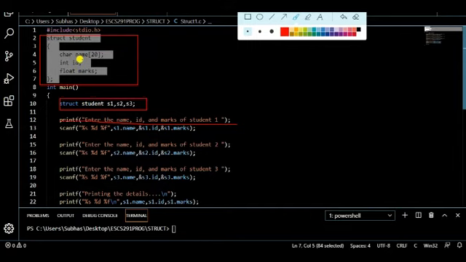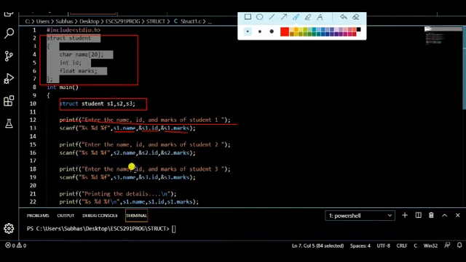That has to be entered by the user using the keyboard. That will be stored in s1.name, and the format specifier used here is %s because it's a character array, right? Second one is id, which will be stored at s1.id. Third one is s1.marks, that is float, right?